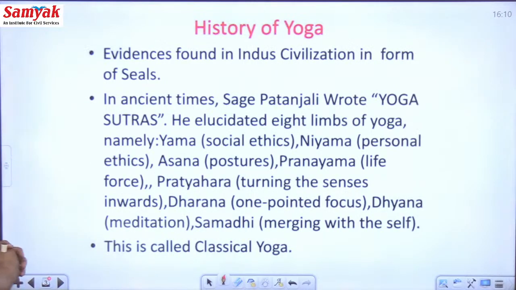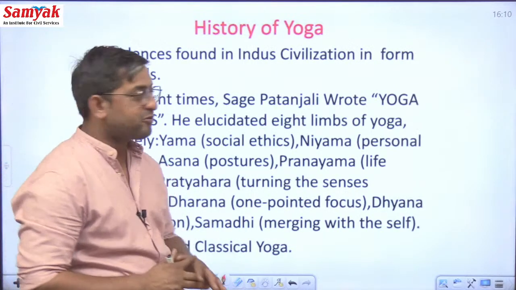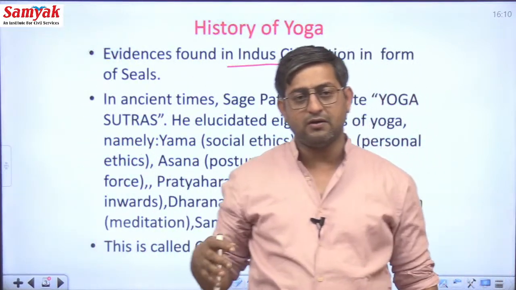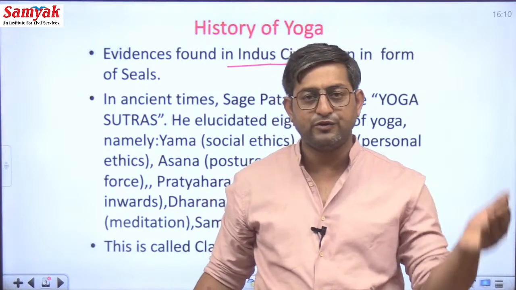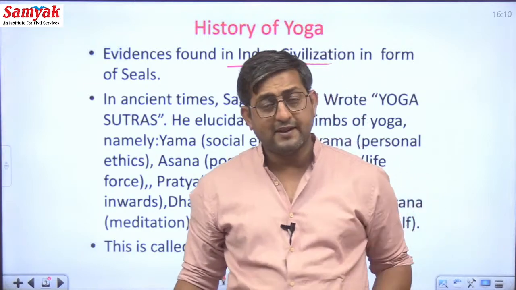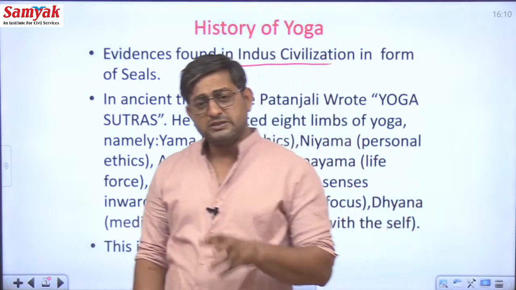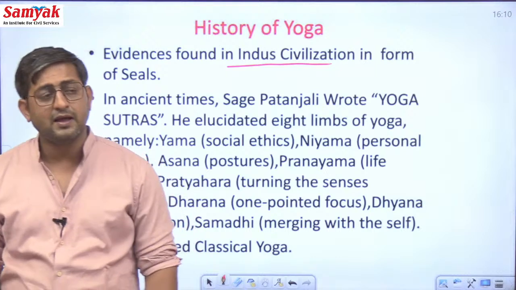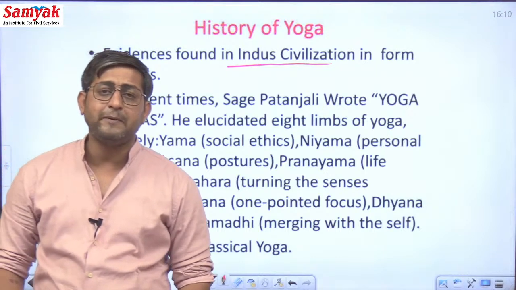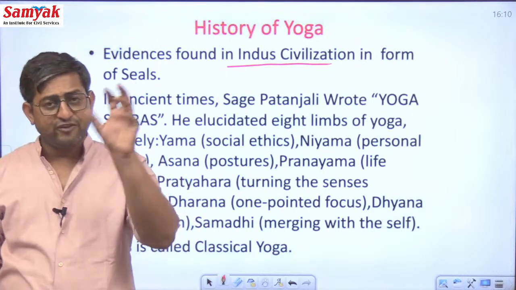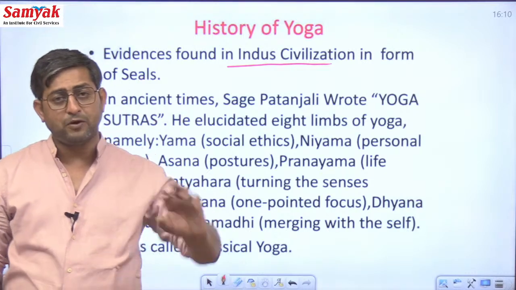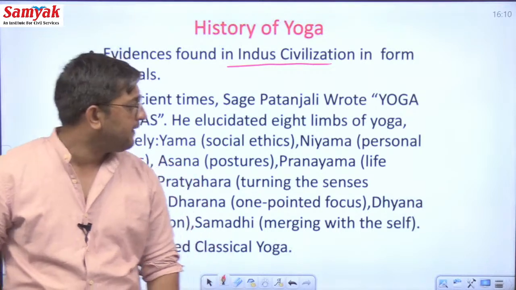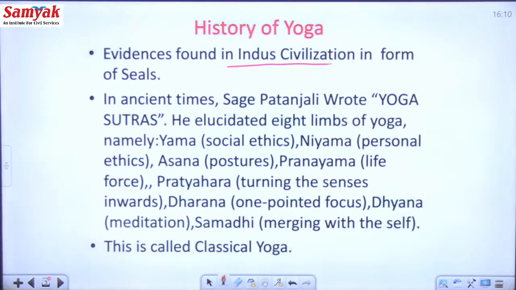Now if you go in the history of the yoga, so योगा के कुछ एविडेंसेस आपको इंडस सिविलाइजेशन में मिलते हैं. So it is a 5 marker question that give a brief timeline of the evolution of the science of the yoga, or we can say that give a brief history of the yoga। तो इसके जो ओल्डेस्ट एविडेंसेस योगा के मिलते हैं वो इंडस सिविलाइजेशन से मिलते हैं। हालांकि कोई क्लियर कट एविडेंसेस नहीं मिले हैं, बट बहुत सारे एविडेंसेस ऐसे हैं जिनसे इन्फ्रेंस ये निकाला गया है कि द पीपल ऑफ द इंडस वैली सिविलाइजेशन और द आईवीसी वर अवेयर ऑफ द साइंस ऑफ द योगा।